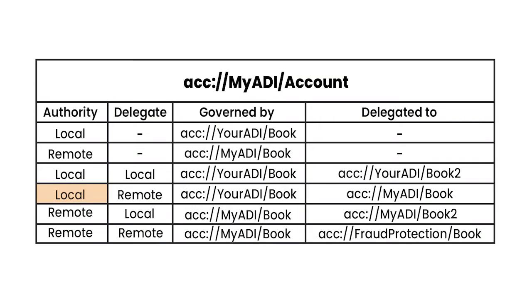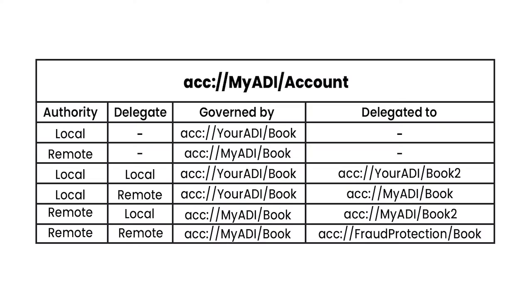Moving on, we have local authorities and remote delegates. In this case, yourADI/account is governed by yourADI/book, but authority is delegated to one or more external keybooks like myADI/book. Because myADI refers to a different ADI, the URL myADI/book is considered a remote delegate. This kind of governance structure could be useful for managing a foundation where your ADI and several others that you trust co-manage the foundation, and you all have authority to move assets in and out. In the case of a